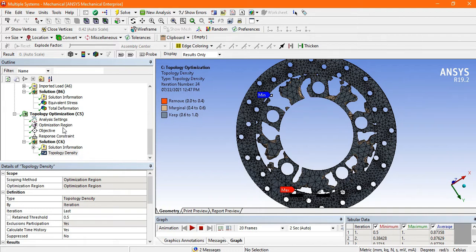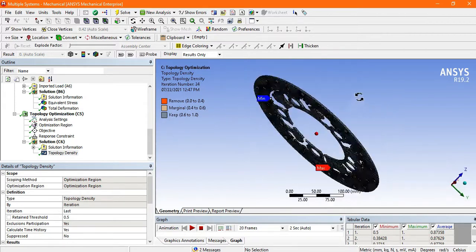So topology density, here one term is topology optimization. That is, it means how many elements we can remove here so that we can make it very economical. So this is what we can call the minimization process. If we remove this material, there is no use of this material. So by removing this material, we can minimize the process or minimize the cost or choose the economical option.